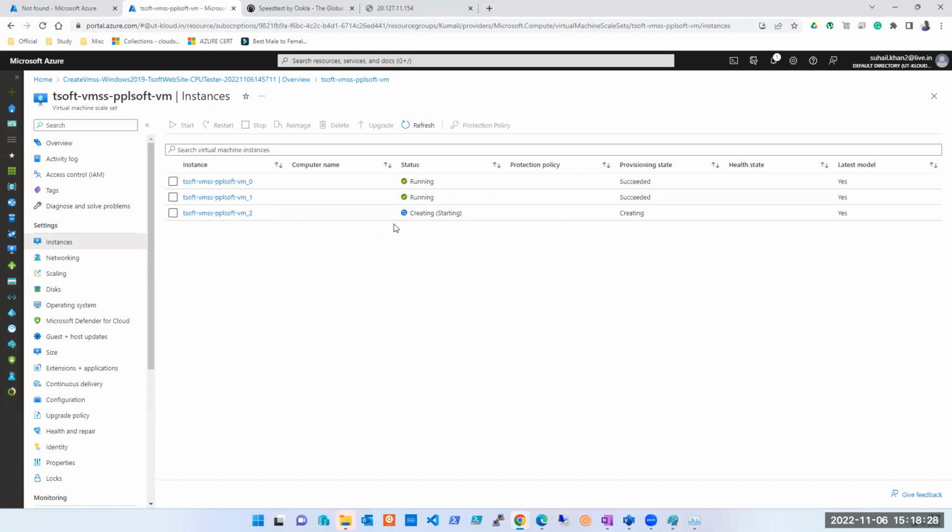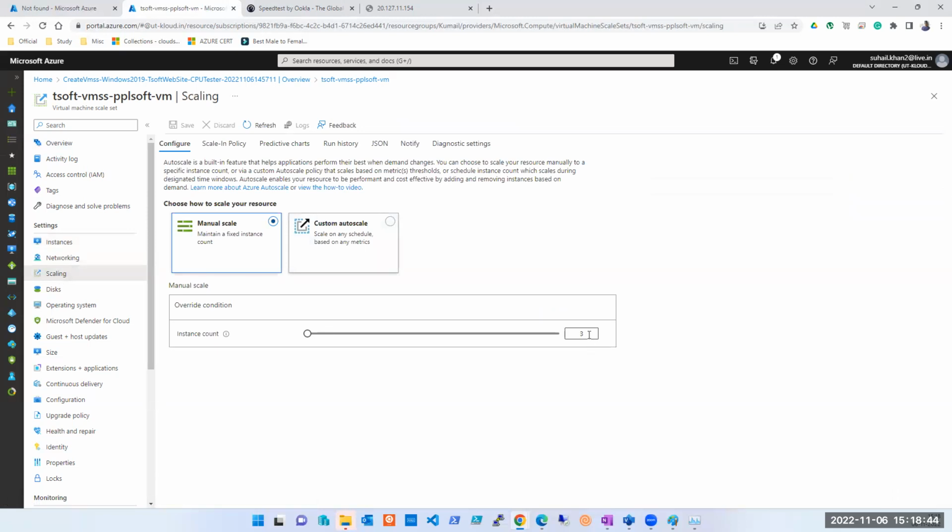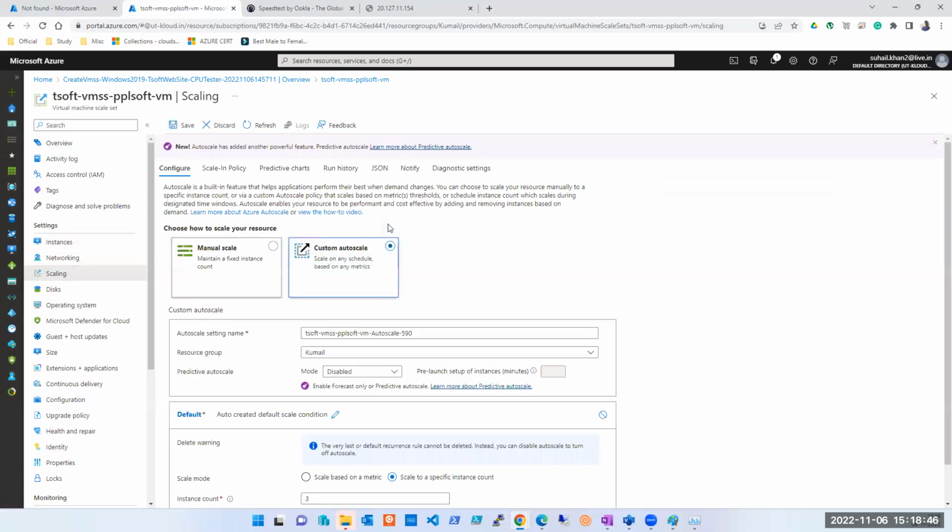Maybe I will configure something so that an email comes, an email hits the DL saying this application is running out of service or running out of servers, please increase it by 1. So the support team's job is to go there, go to scaling, change the number and do it. That's all. But I don't want that.